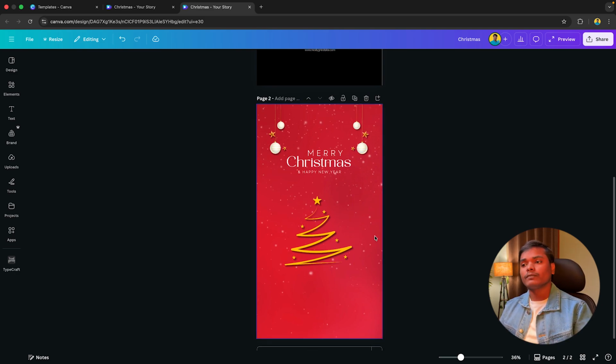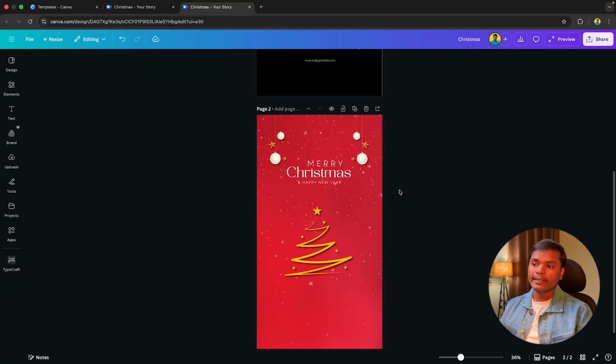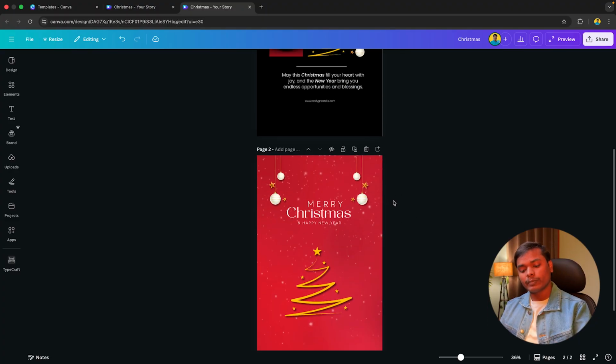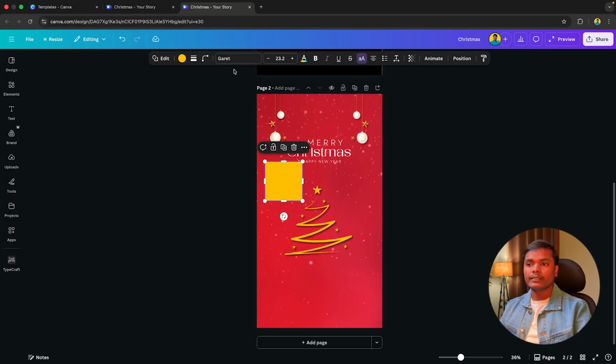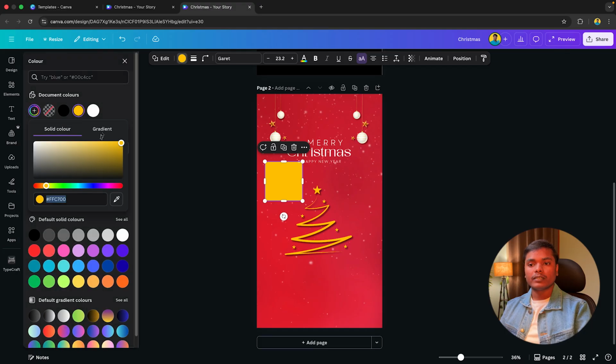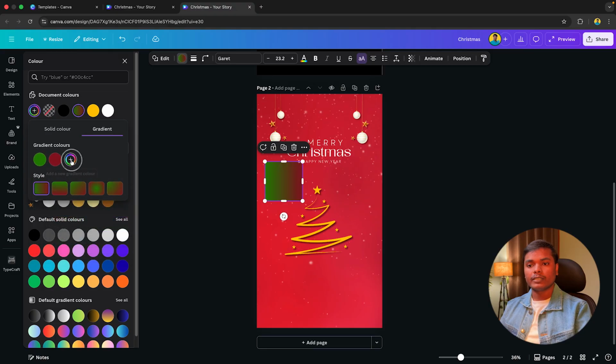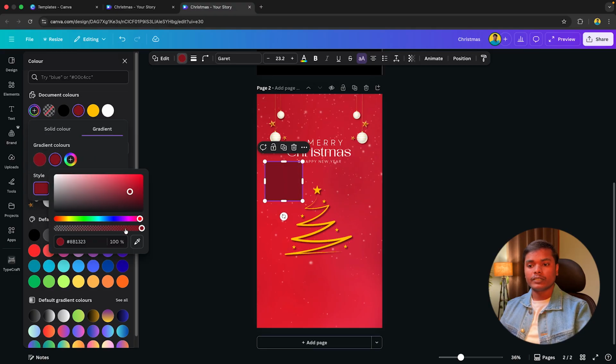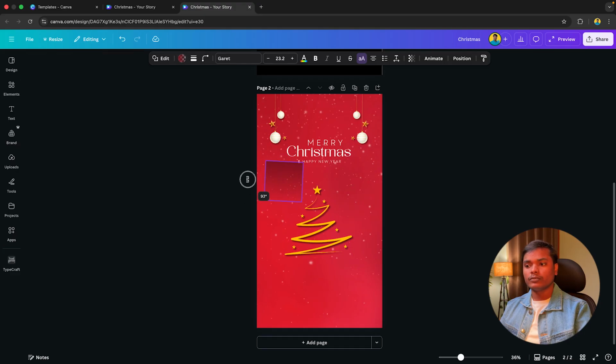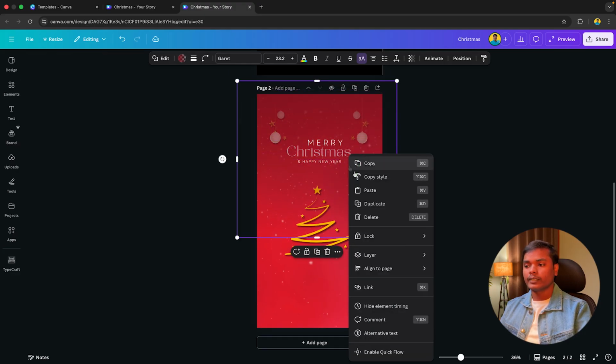And to make it attractive, we will add a gradient here. We can add a gradient just by taking a rectangle also, and we can make it to the darker version just like this. I will select it. I will choose this color. I will choose this also. And then I will drag it here and I will change the transparency to 0 like this. We can do something like this also, and I can place it, layer, send it to the back.